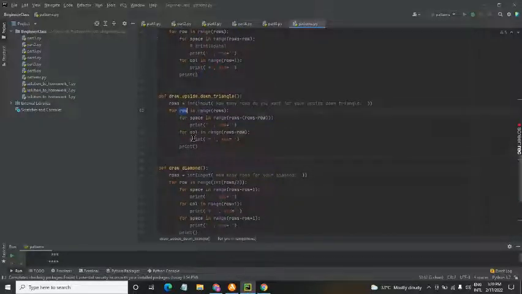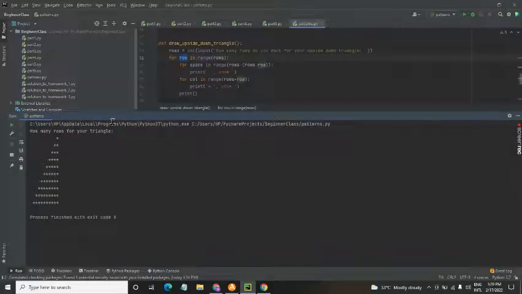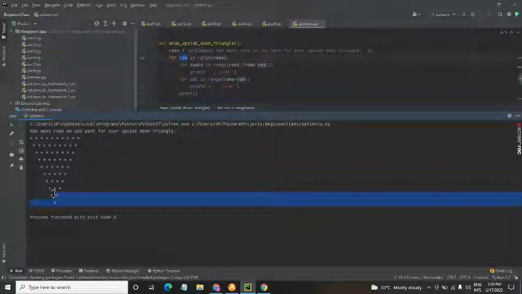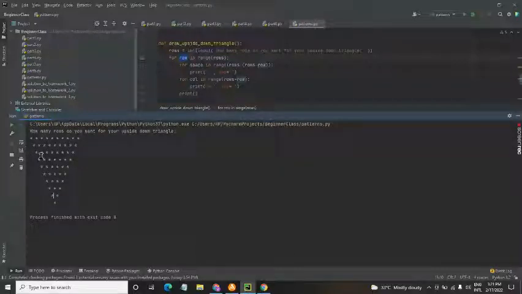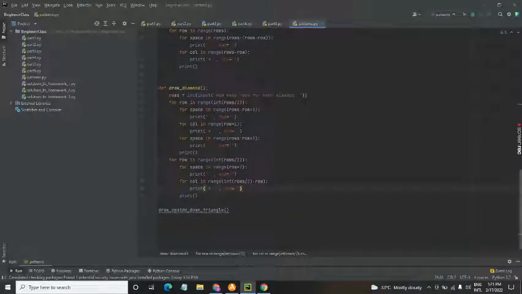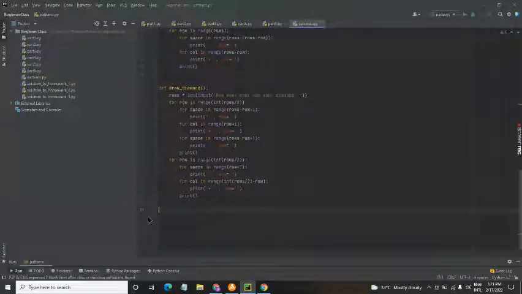So now let's try the code to see how it works. How many rows do we want for the upside down triangle? Example, let's say 10. Hooray! Finally, we have our upside down triangle. So now we've drawn a lot of patterns. This diamond uses the same method. I don't really need to run the code because the diamond contains the upside down triangle and